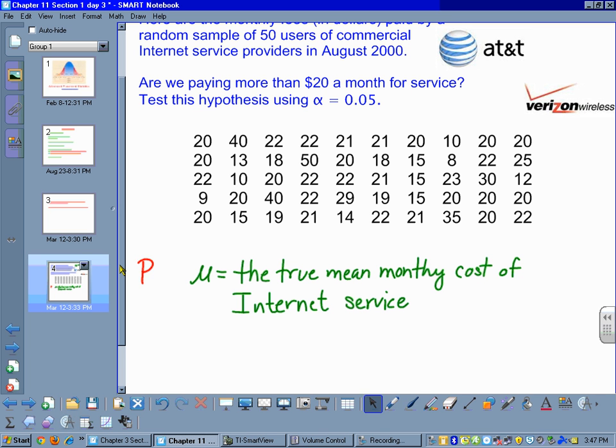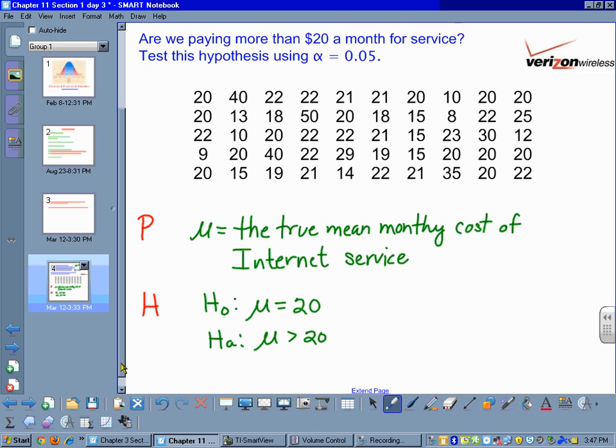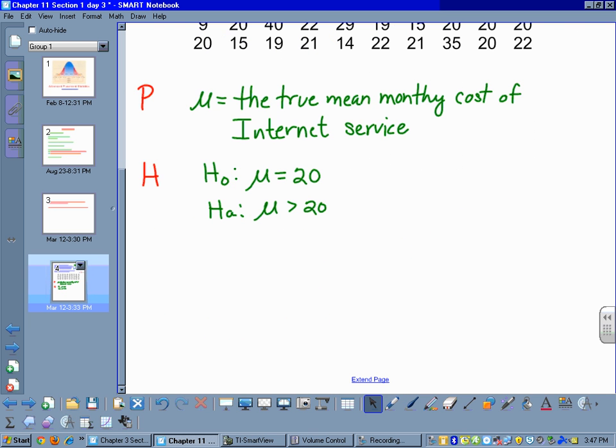All right, the next part of a hypothesis test is setting up the hypotheses. Our null hypothesis is that we in fact are paying approximately $20 a month. Our alternative is that people are paying more. So the key factor right here is this number. That number is going to be at the center of our normal curve eventually. Now we must test